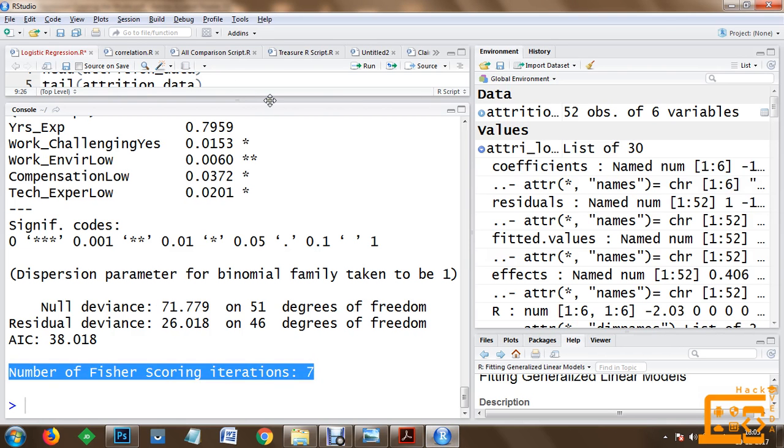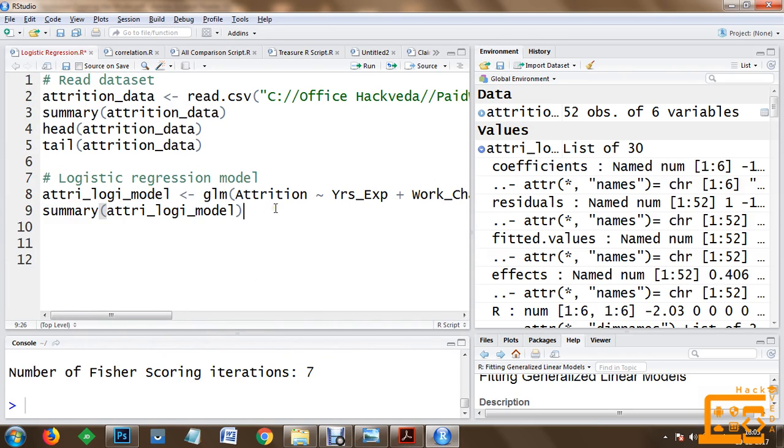So now, in order to do this, we are going to recast the model, and what we have to do is eliminate years experience and recast the model. So what you can also say is you can eliminate non-significant values and you can create the model again or recast the model. So we are going to call it as eliminate your non-significant variables.